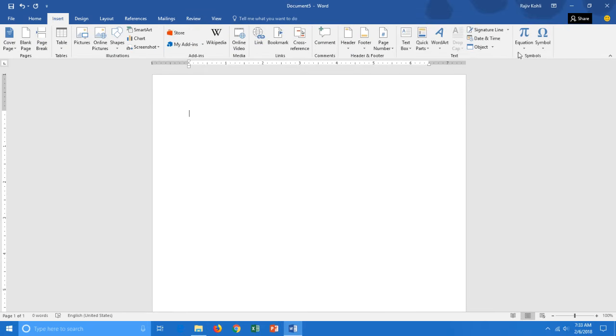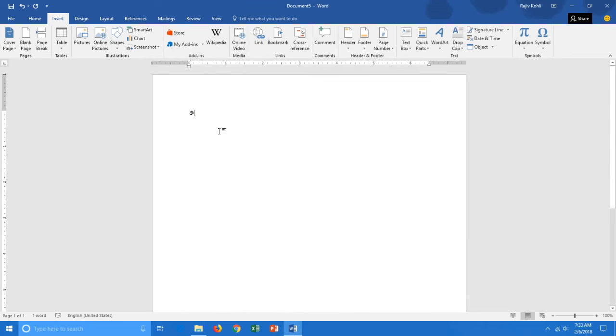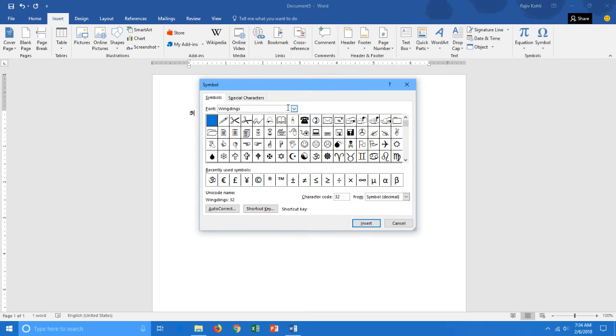For instance, let's say I am going to insert a symbol here, and I choose Wingdings fonts and I want to use this. You can say that I use this symbol very much in many of the documents, so I insert it here. And I always have to follow these steps, like going to the insert menu, then clicking on the symbol, then more symbols, then picking the font, and then inserting that particular symbol. So